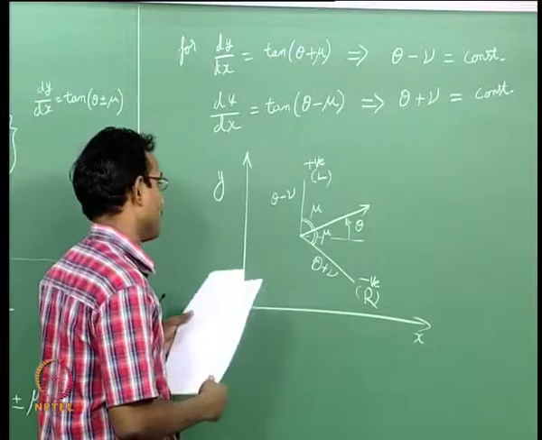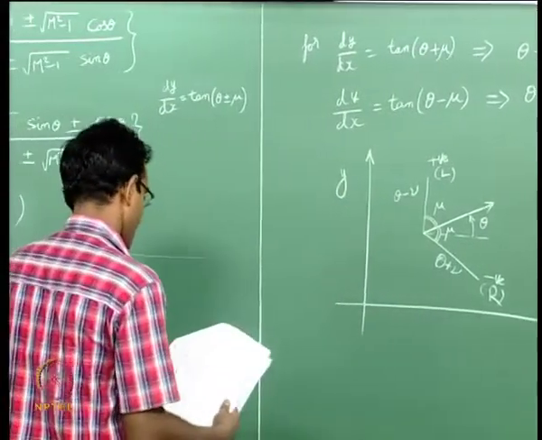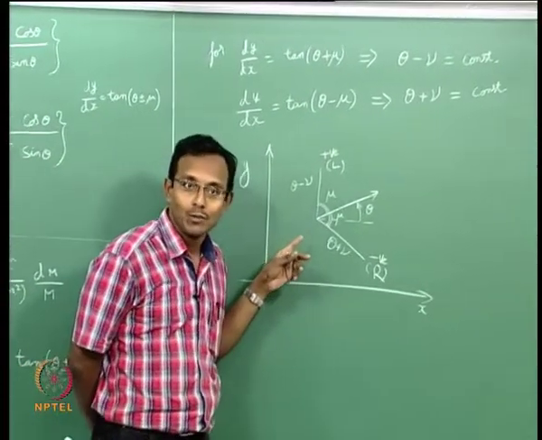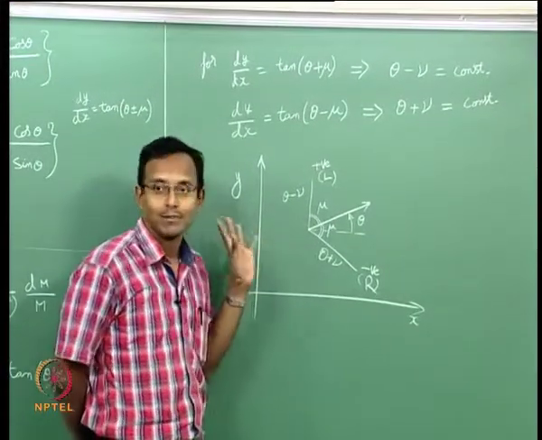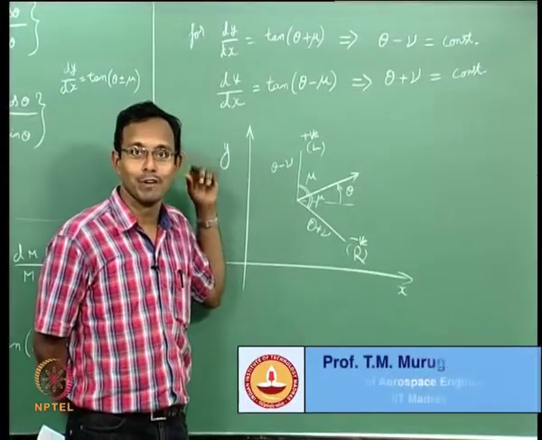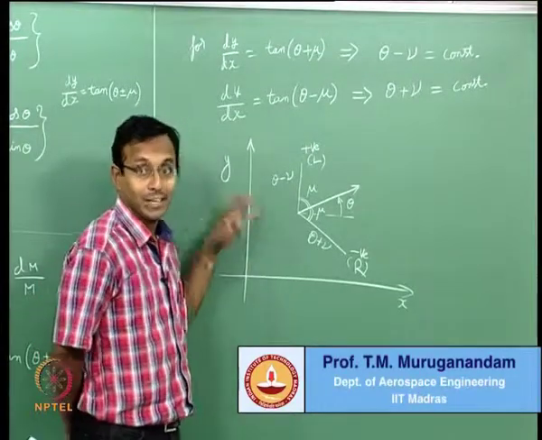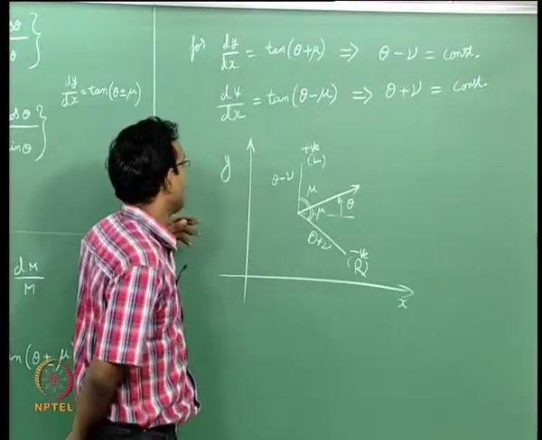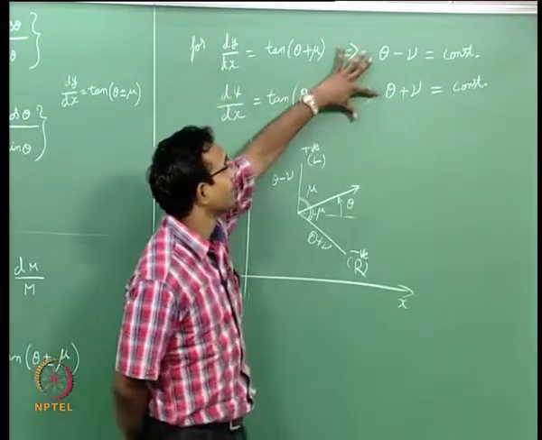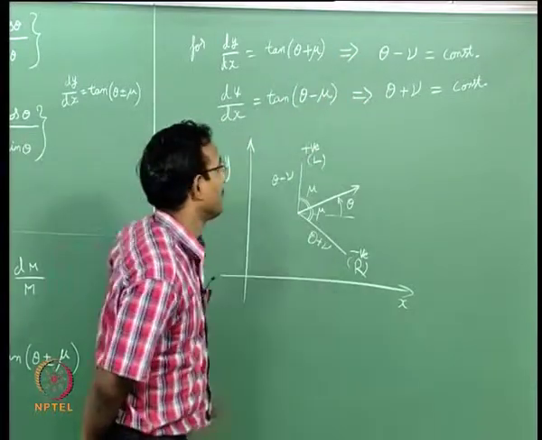So, now we have defined whatever is happening. What all have I used here? I have already told that it is M greater than or equal to 1. It cannot be less than 1. If it is less than 1, I cannot define my dy by dx. We found that the square root will become complex. So, it is not a real dy by dx. There is no real direction along which I can decouple my equations. But if it is M greater than 1, definitely I can decouple my equations to two different equations which have this solution, the integrated form of the differential equation. You get to this particular form.